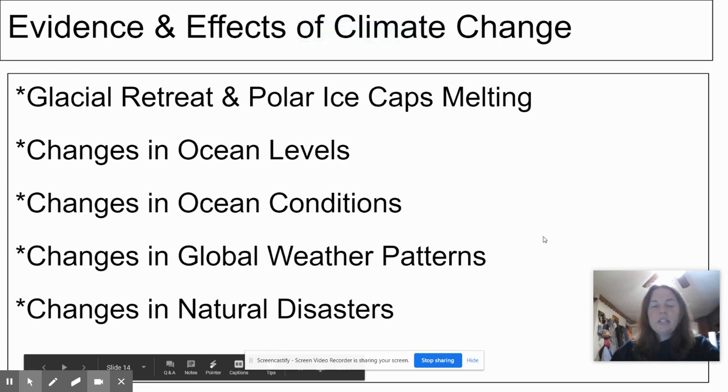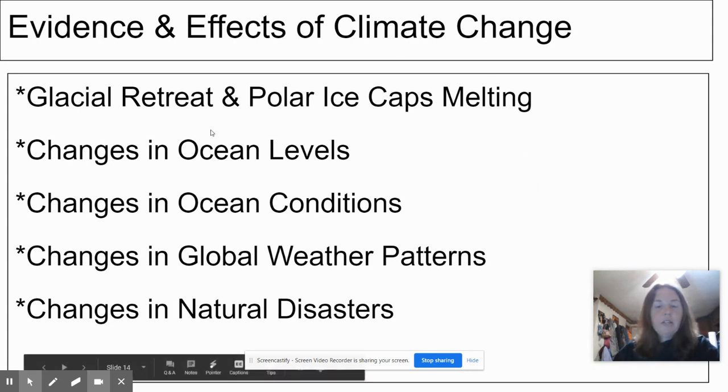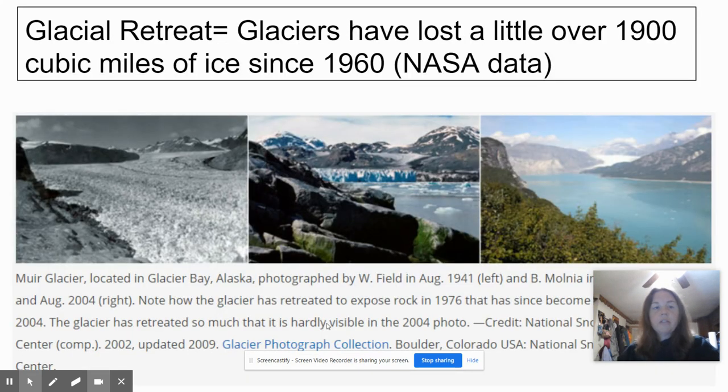So how do we actually know that this climate change is occurring? These are some of the things that we've been observing. This is what we've been keeping track of. We're going to go through all of these in a bit more detail. So the first thing with this glacial retreat, we're just talking about how much a lot of these glaciers have